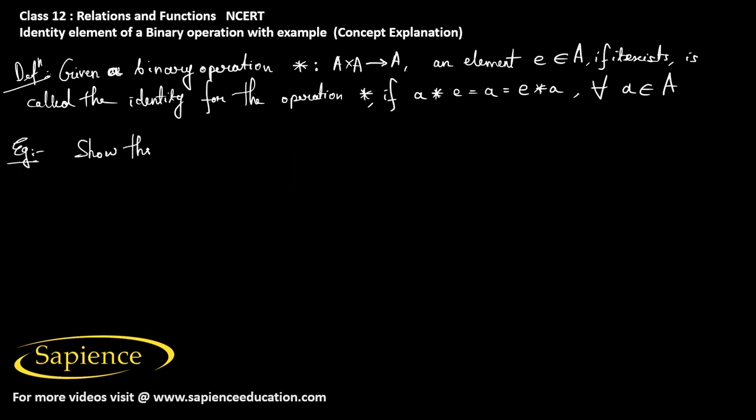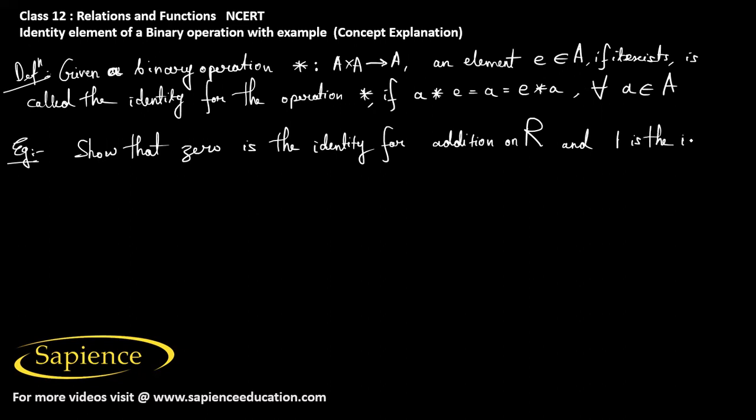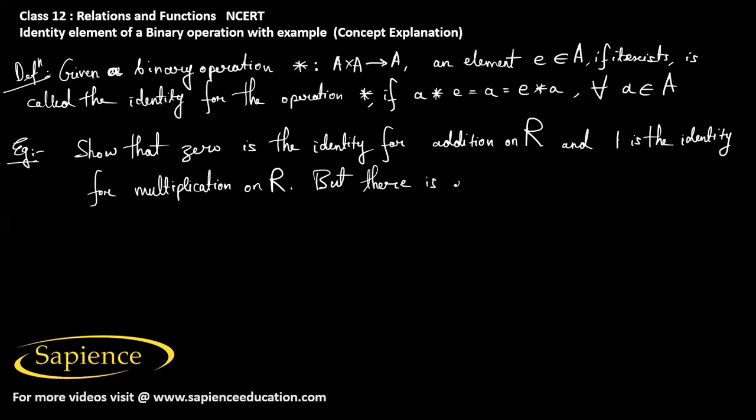Suppose it is asked to show that 0 is the identity for addition on the set R, and 1 is the identity for multiplication on the set R, but there is no identity element for the operations